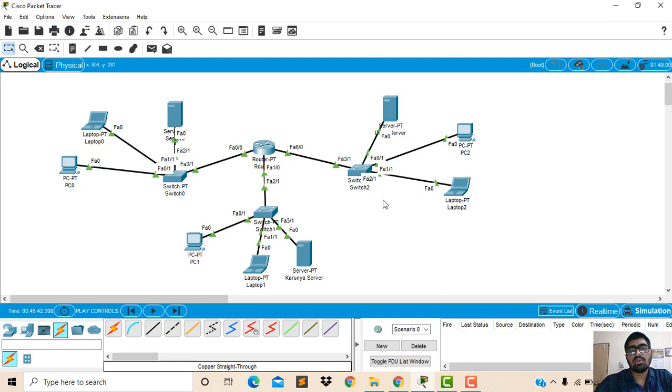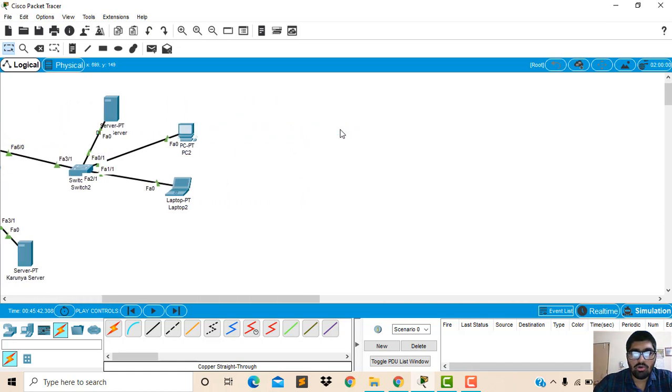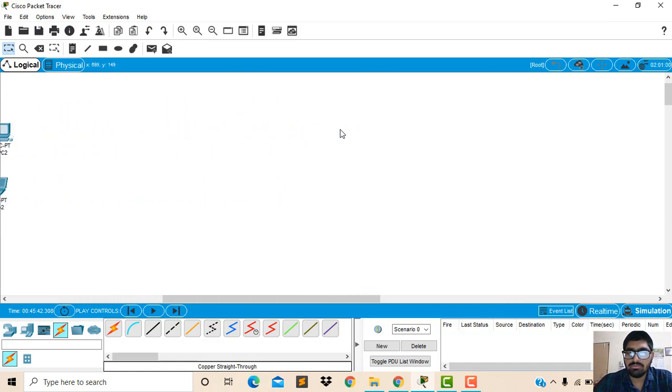Now here we have discussed the different types of simulation, how the local area network is helpful from the DHCP server as well as the DNS server, and how, when the user has entered the domain name, the information is gathered from a certain server and given to the user. We have seen that. Now we will see how the crossover cable will help. The crossover cable is helpful to communicate with only two end devices like a laptop or PC.